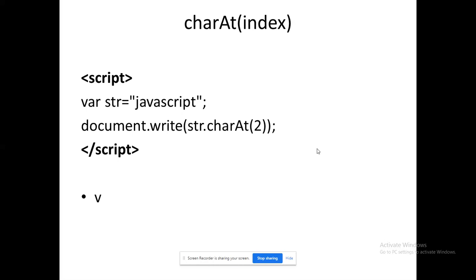Now we are going to see some of the methods available within the string class, or using string objects. What are all the methods that I can access? I am initializing a string, then using charAt of a location. A string is considered to be a collection of characters, nothing but a character array. If I give an integer value, the character at the corresponding position will be retrieved. I have given 2, and it starts from 0: 0 is J, 1 is A, V represents 2. So V will be displayed.